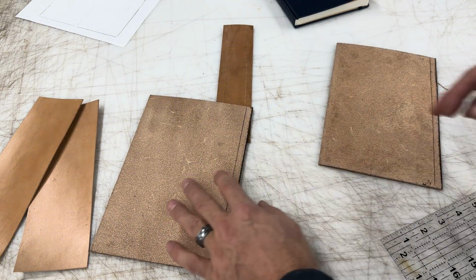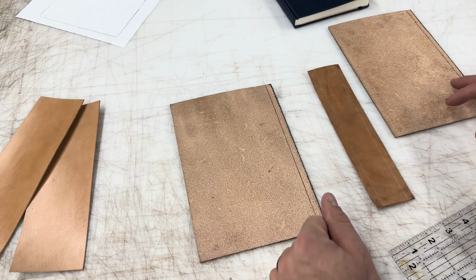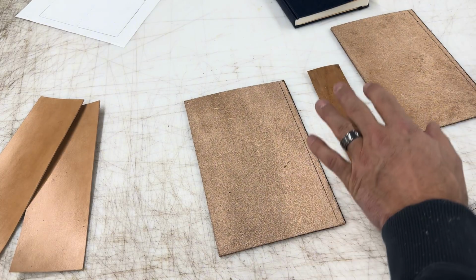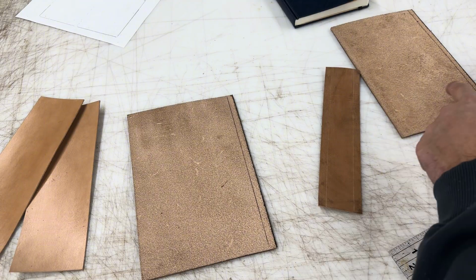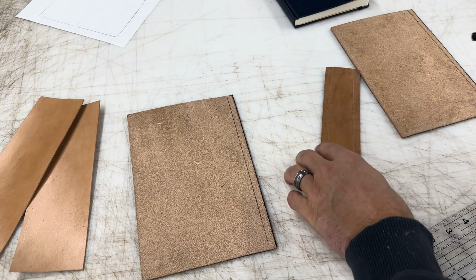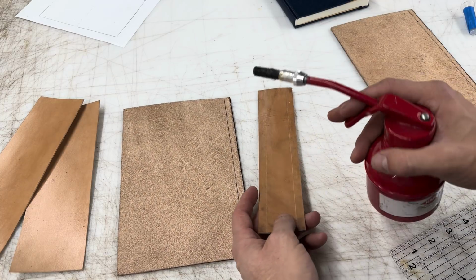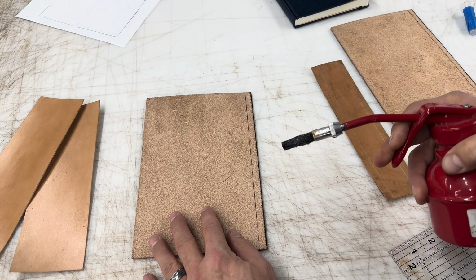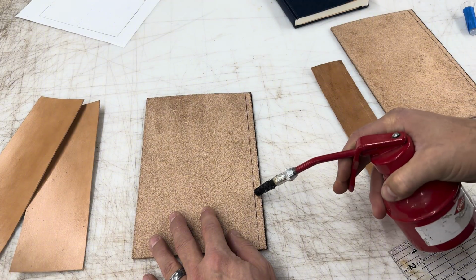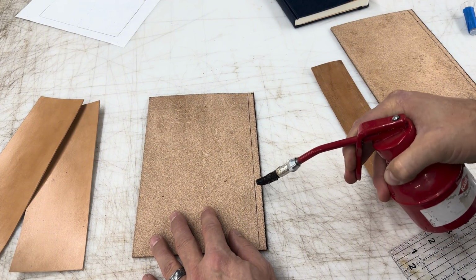Now with that marked, we're going to go ahead and put glue on these edges on the top and these edges on the bottom, and then we'll talk about putting those together. But we're going to go with my glue can. This is Barge contact cement that I have in here, so just get a nice light